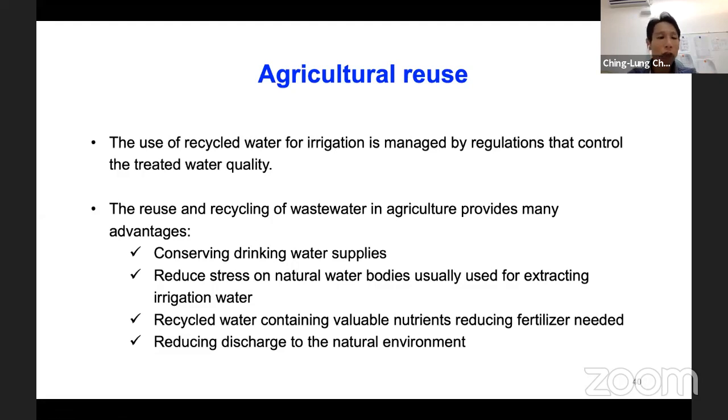Okay, and so the reuse and recycling of wastewater in agriculture provides many advantages. The first one is conserving drinking water supply, and then reducing stress on natural water bodies usually used for extracting irrigation water. Then, recycled water contains valuable nutrients, reducing the fertilizer needed, and it also reduces discharge to the natural environment. Okay,